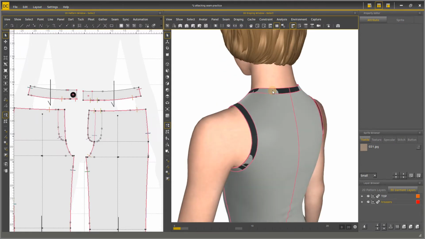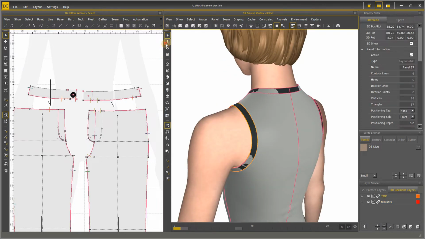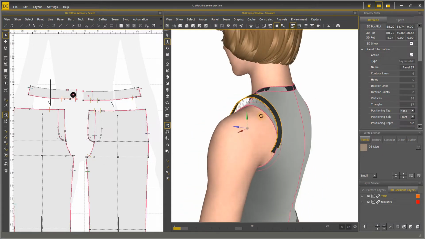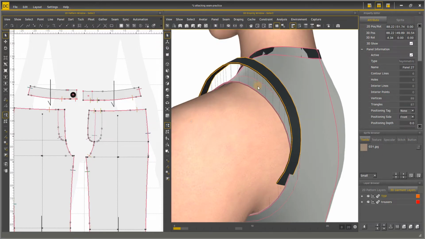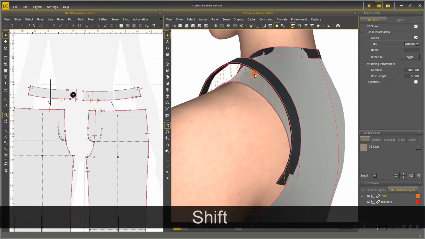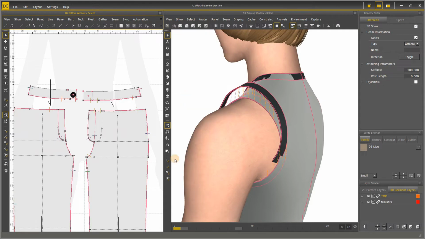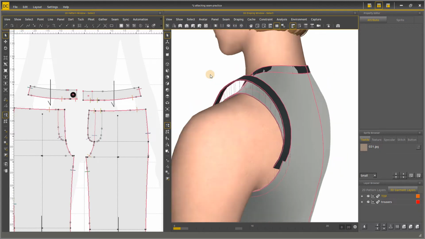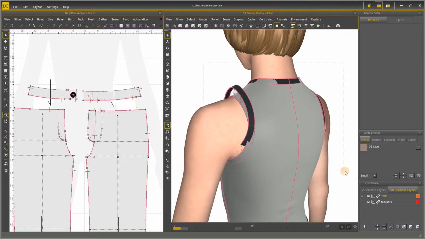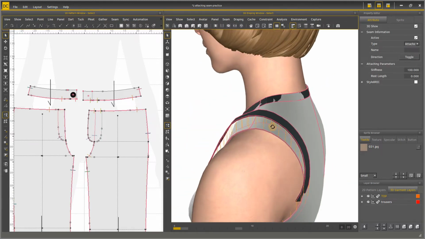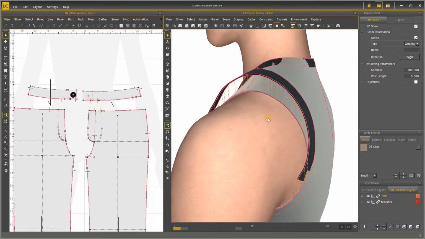First is the characteristic of attaching seam. If we are stitching in attaching seam, we can decide the distance between two panels by changing the rest length. We can cancel the showing of merging seam and cancel enable point, line, panel selection so that we can only select attaching seam. By dragging a rectangle to include all the attaching seam, we can change the rest length in attaching parameters in Attribute tab.